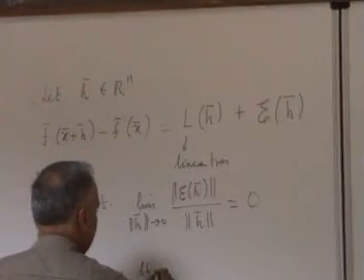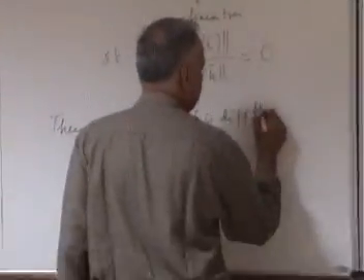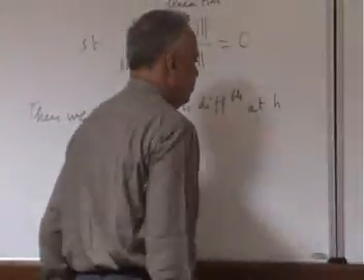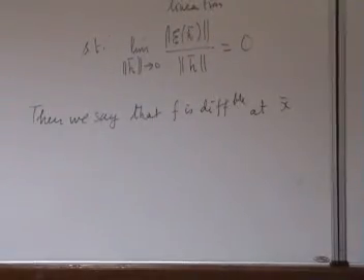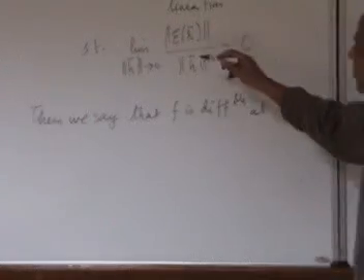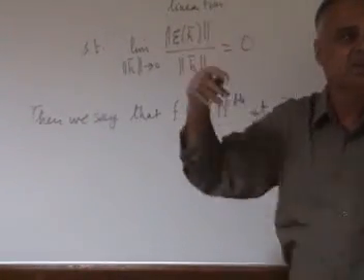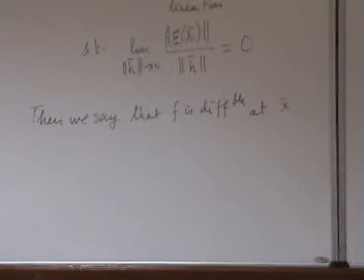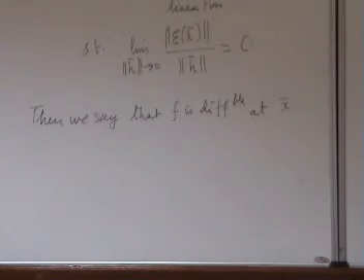Okay. That's what it is, so then we say that f is differentiable, and this L must be called the derivative. That L will now be an m by n matrix. So the derivative of an n to m function is an m by n matrix. And that will give you the Jacobian, all those partial derivatives.